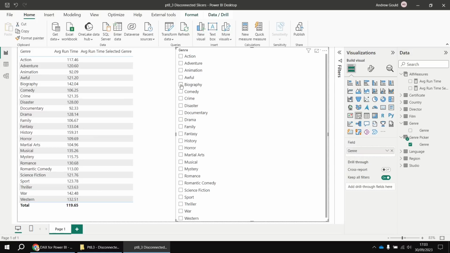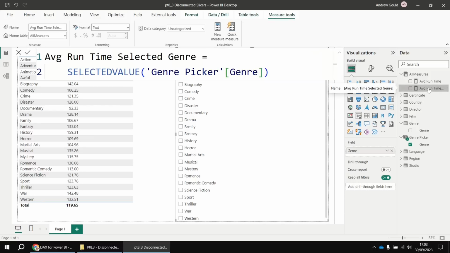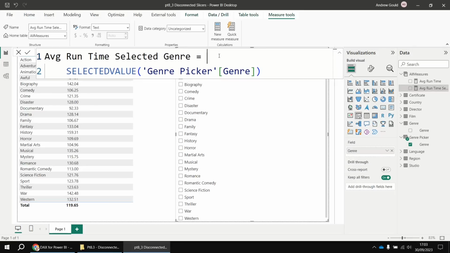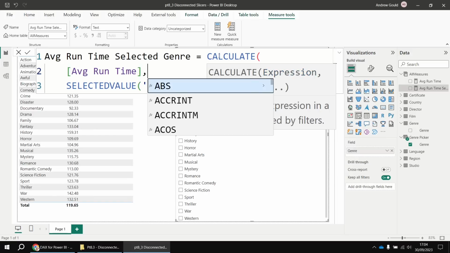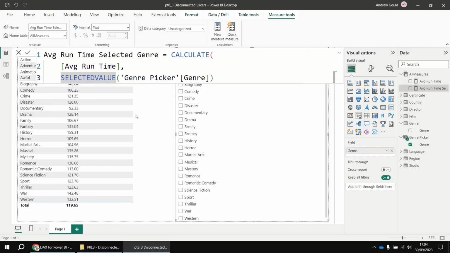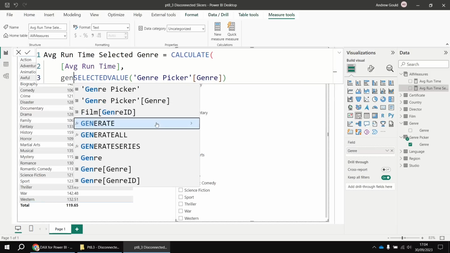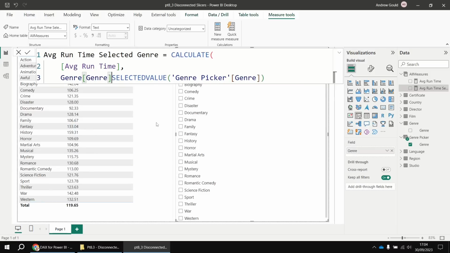So basically that means we need to manipulate the filter context of the average runtime calculation. And the best way to do that, almost certainly, is to use the calculate function. So let's head back to the measure average runtime selected genre, and then insert a calculate function to wrap around the selected value portion. So I'm going to say calculate, and I'm going to use my existing measure AVG runtime, and then I'm going to apply a filter to this by asking to show the average runtime, but only for films where the genre from the original genre table is equal to the genre I've picked from my genre picker